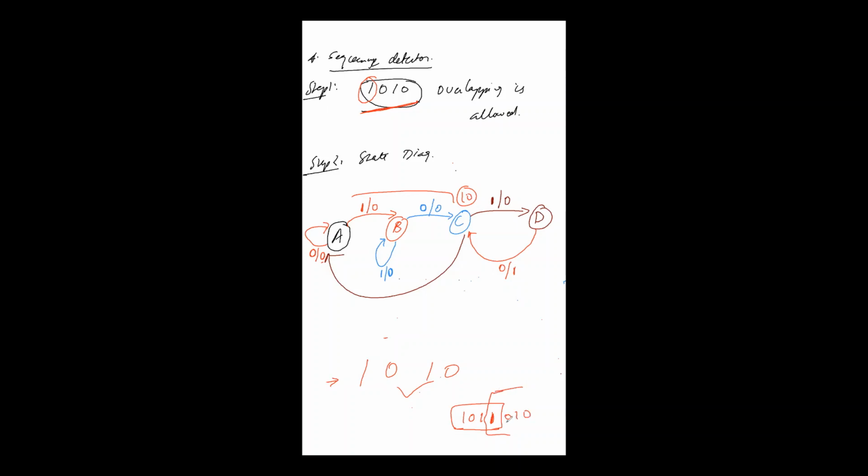Suppose this is hypothetical, and if you are getting again 1 0 1 0, so you can use this bit. And how you can use this bit is you can move to state B, because in state B 1 is detected. So if the input is 1 here, the output will be 0. So this is the complete state diagram for your sequence detector for overlapping case, right? I hope this is clear. I will explain it again in the new slide.